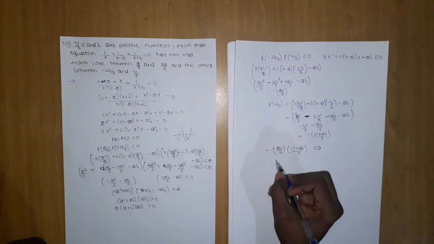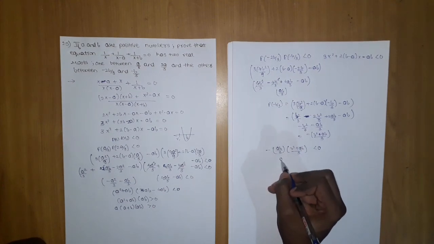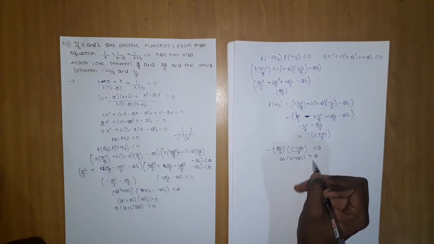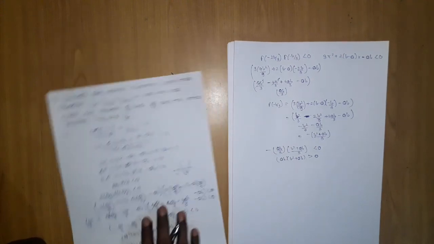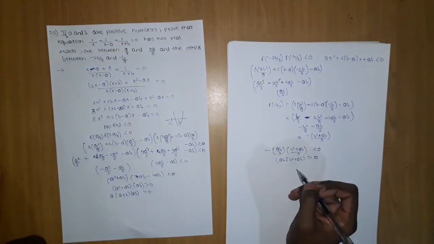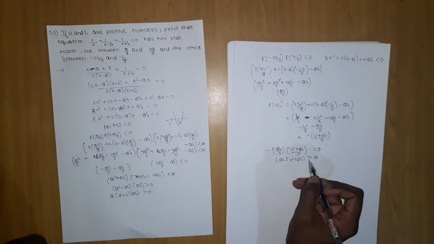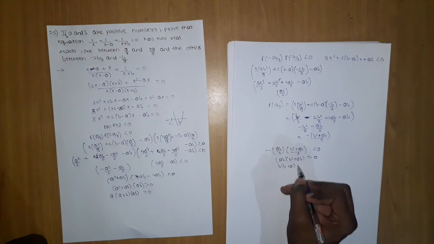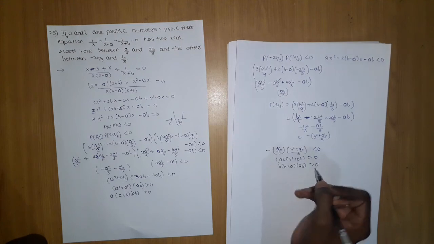By minus it will just reverse the sign, and multiplying by 3, we will get ab into b square plus ab should be greater than 0. Now a plus b, here they have strictly given that a and b are positive numbers, so don't wonder why I said it is greater than 0, because it is already a positive number. On adding or multiplying positive numbers, we will get a positive number only. So here the sign will change, and if we take ab common from this, b plus a into ab should be greater than 0, which will be true.